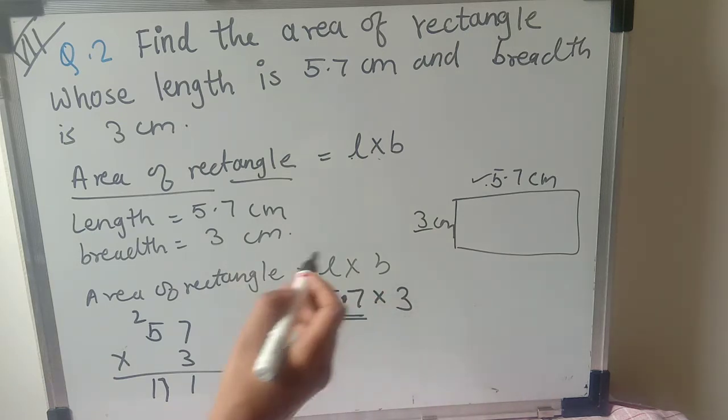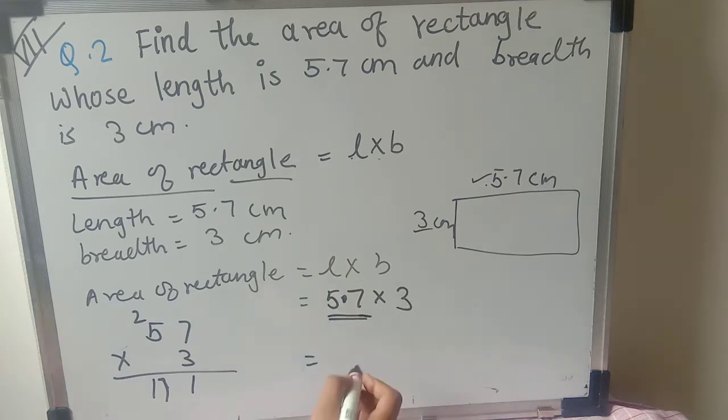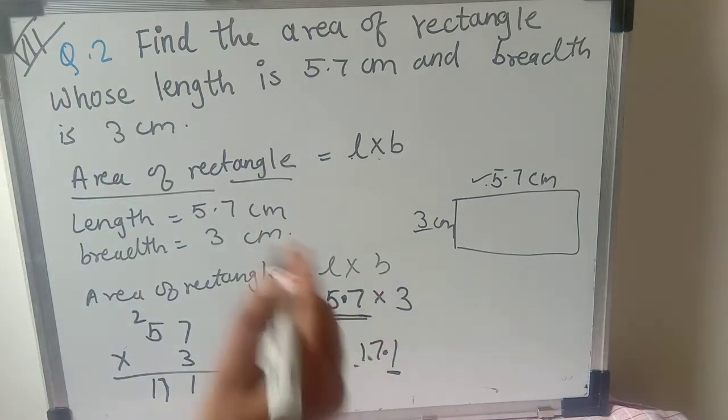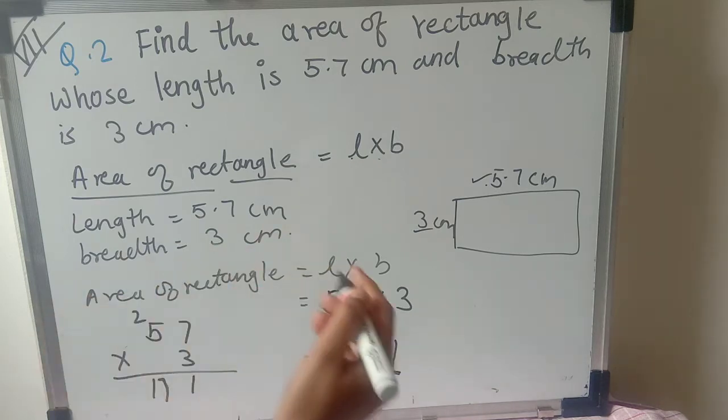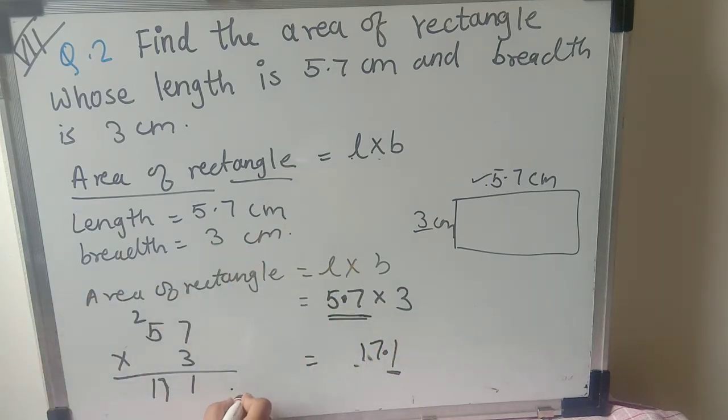Okay, so here in the first decimal number, after the decimal, how many places are there? That is 1. So in the answer, from the right side you have to count the one decimal place and then put the decimal, because after the decimal there is only one place. Don't count the numbers from the left side. यहाँ से ऐसे डेसिमल नहीं देना है. This is wrong. When you have to put the decimal, you have to always start from the right side. Okay, right side.